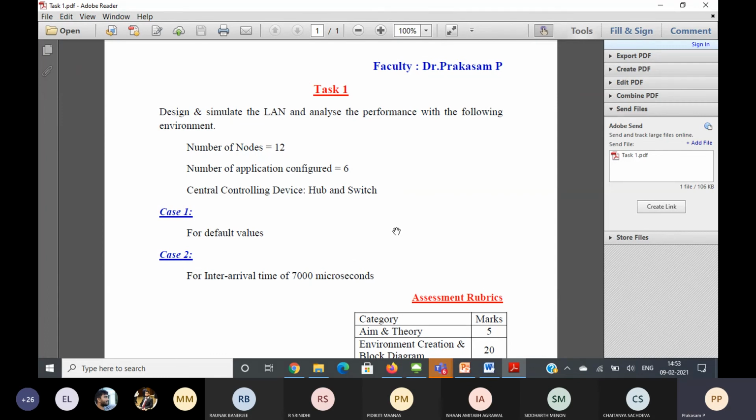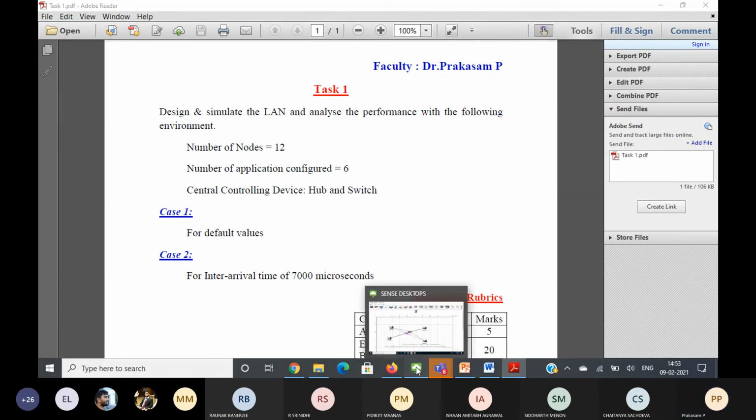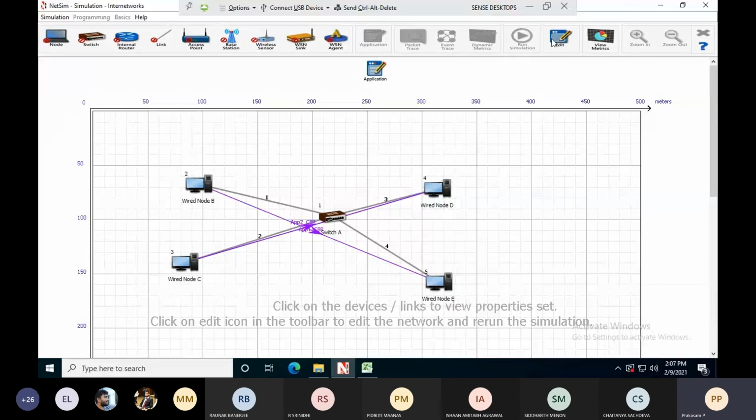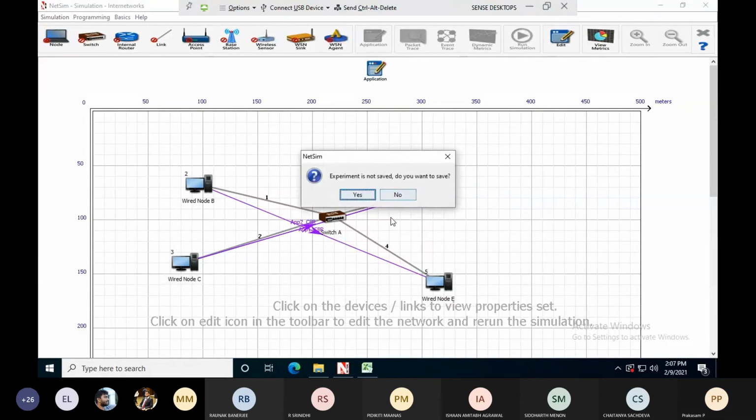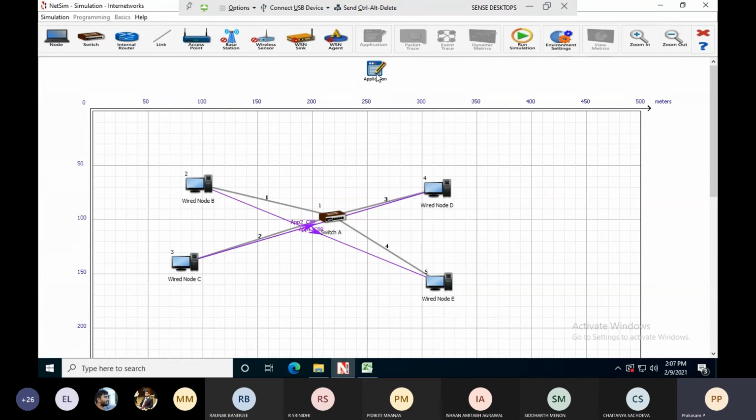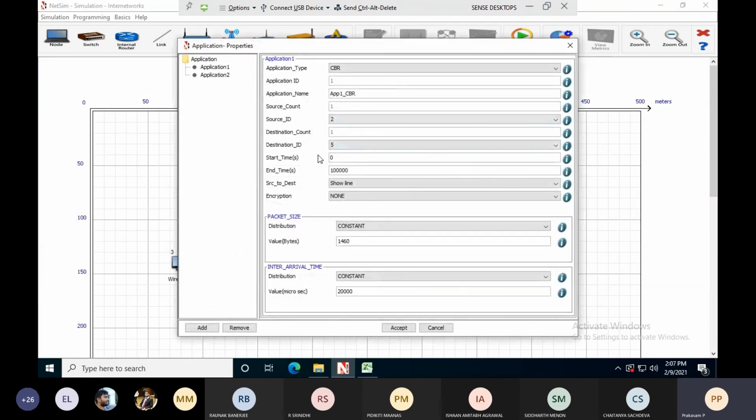How do you select that 7000? Let's see here. Just right click the application, go to properties. If you scroll down, you see inter arrival time. For all the applications, select 7000. Then application 2, select 7000.